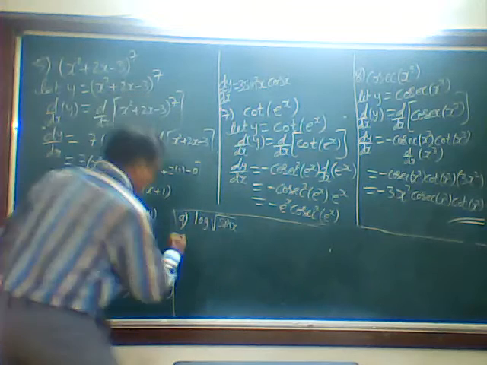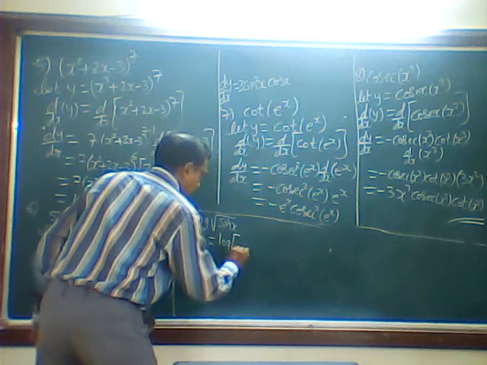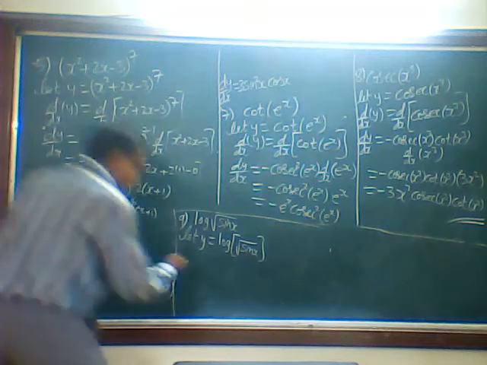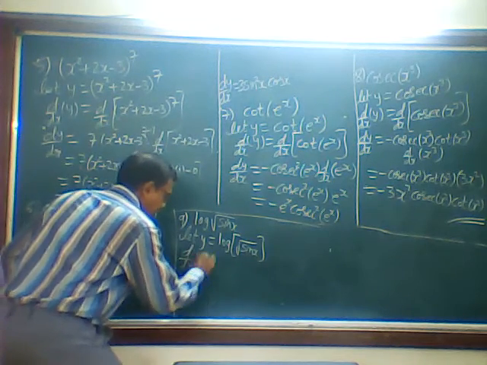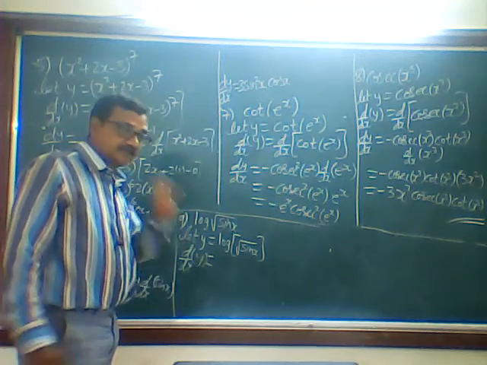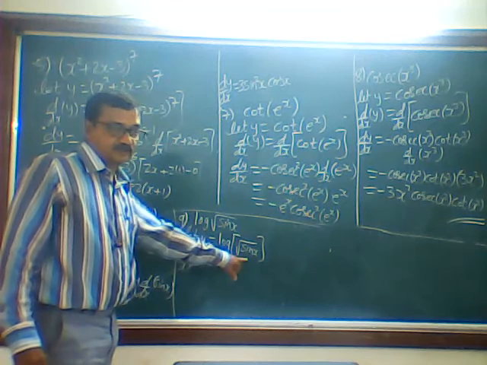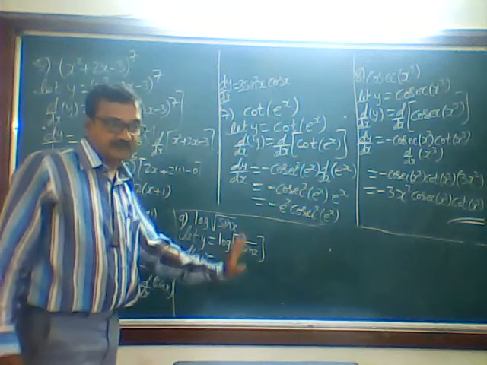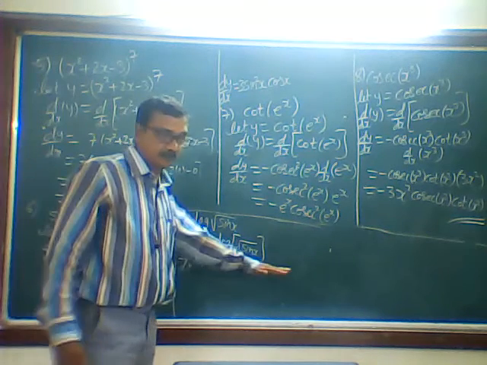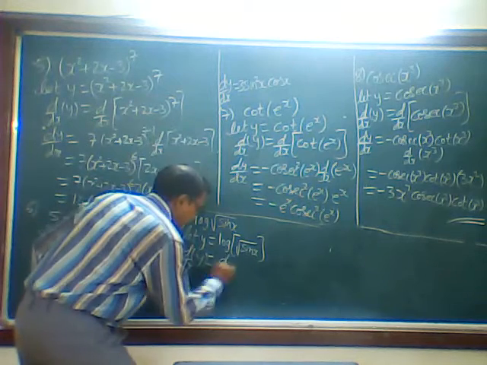So while writing, let y is equal to log of square root of sin x. Then we will apply d by dx of y. See here, but before doing the problem, you should know how many functions are there. There are 3 functions involved here. First one is log, next is square root, and next is trigonometric function. So 3 functions are involved, means 3 times differentiation will occur. One will occur with the normal course here, then again 2 times. Now d by dx of y on both sides.